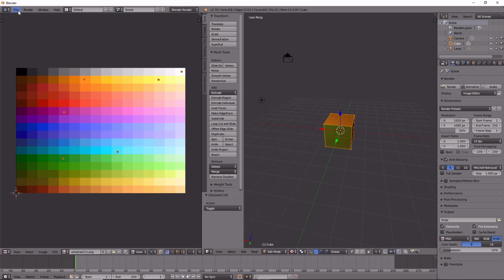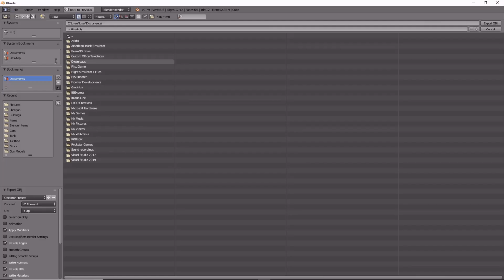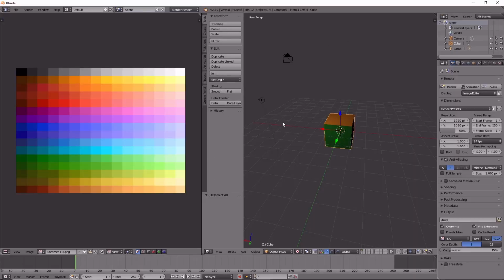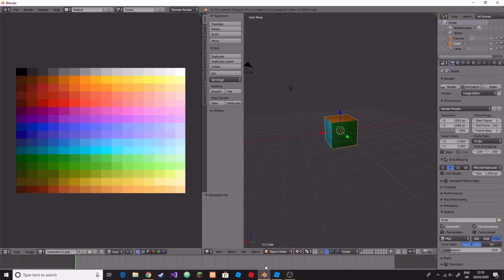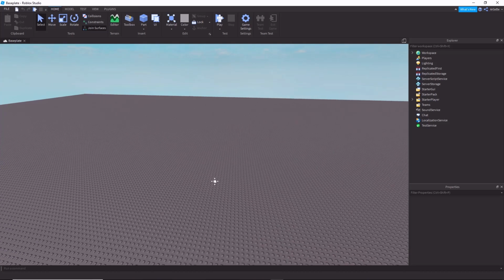Now what you're going to do is come over to File, and go Export, make sure it's a wavefront.obj. This is an object file. So you're going to come over here, and I'm going to save mine in Blender Items, and I'm going to call mine Cube. So it's going to export OBJ. Now we can hop over into Roblox Studio, get rid of that output, we don't need it, and